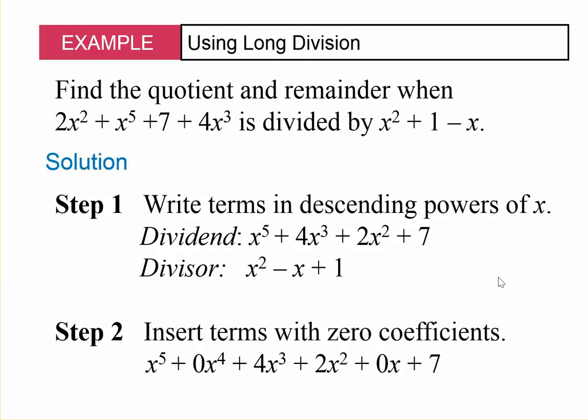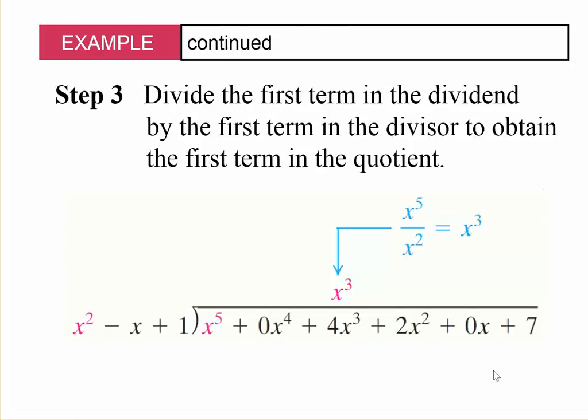All right, and 3.3 really is a setup for 3.4. These are sort of the fundamentals, and then we're going to actually use them in 3.4 to find zeros. All right, I'm going to give you at least another clue here. Your divisor is x squared minus x plus 1. And your dividend, which is the stuff underneath the divide bar,